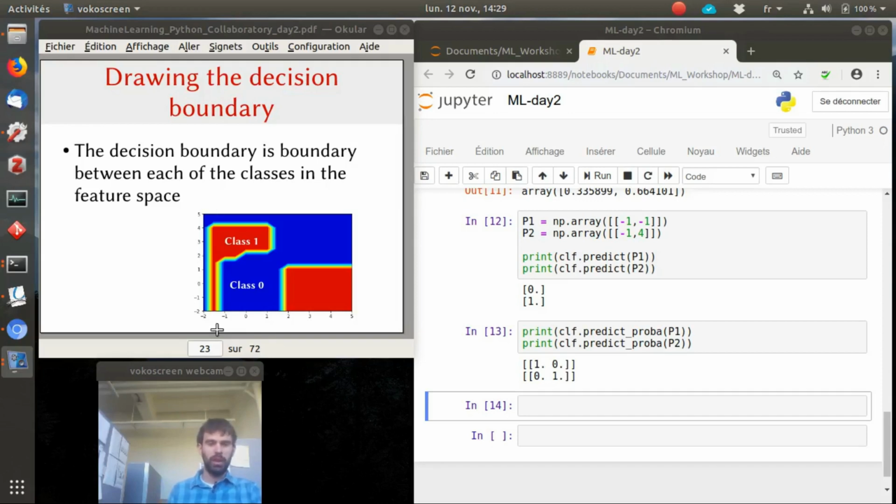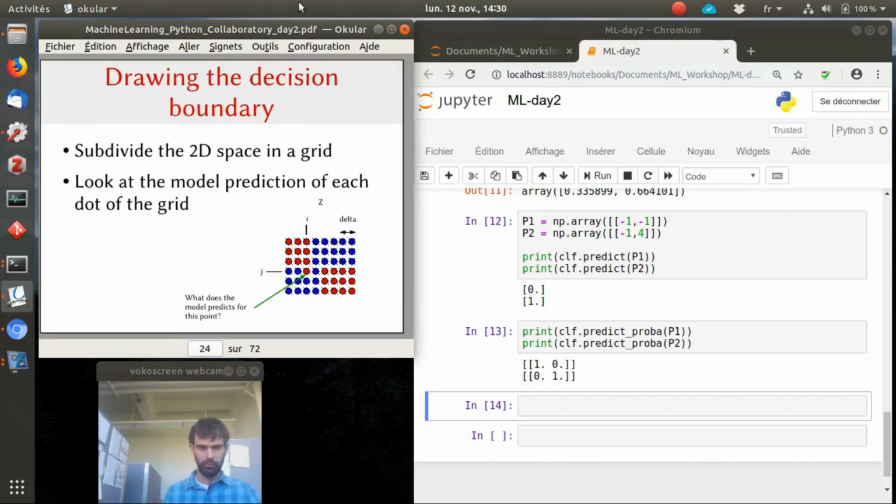So what I mean by that, I will plot a kind of heat map, and when it is red, it means that the model will predict class 1, and when it is blue, it means that in that position, with that first feature and the second feature, the model will predict class 0. Okay, so how do we do that? In fact, we are going to make